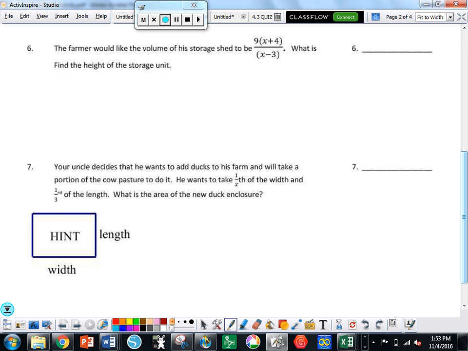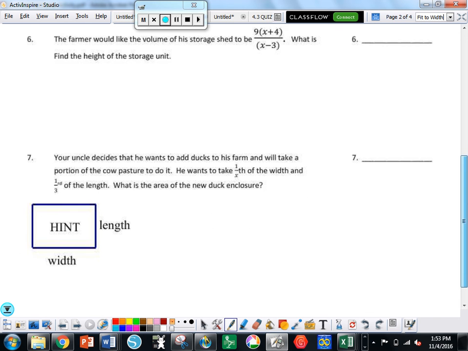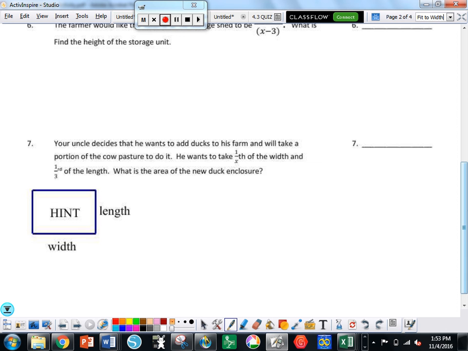So your uncle decides that he wants to add ducks to his farm and will take a portion of the cow pasture to do it. He wants to take 1/8 of the width and 1/3 of the length. What is the area of the new duck enclosure? So really quick, I'm just going to write what the original cow dimensions are. So in the cow pasture, this length right here is x over